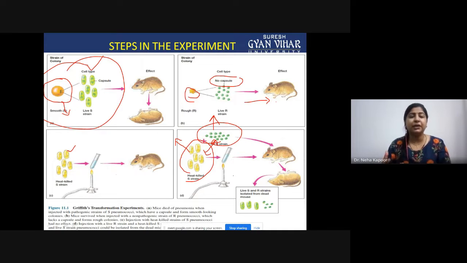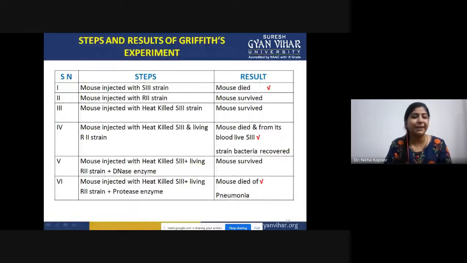So to confirm this finding, he isolated these strains from the dead mouse. And when he isolated these Diplococcus pneumoniae strains, what did he get? He got live S strain and R strain. The R strain was already injected in live form, but the smooth strain that was injected was heat killed. From where did that strain become live? So from there he got the info: there is some sort of thing being transferred from one bacteria to another, because of which this live S strain or virulence is again being regained by the bacteria.